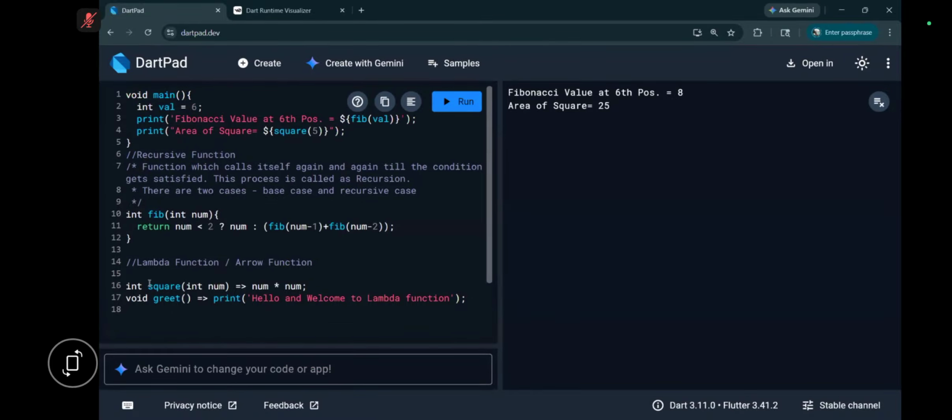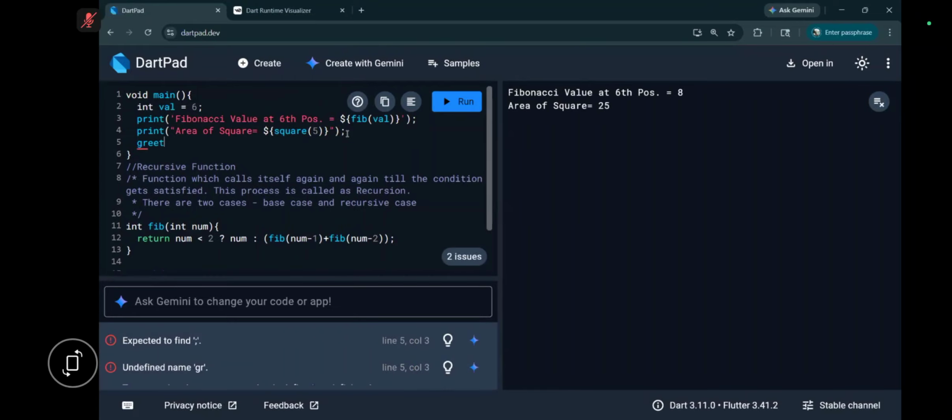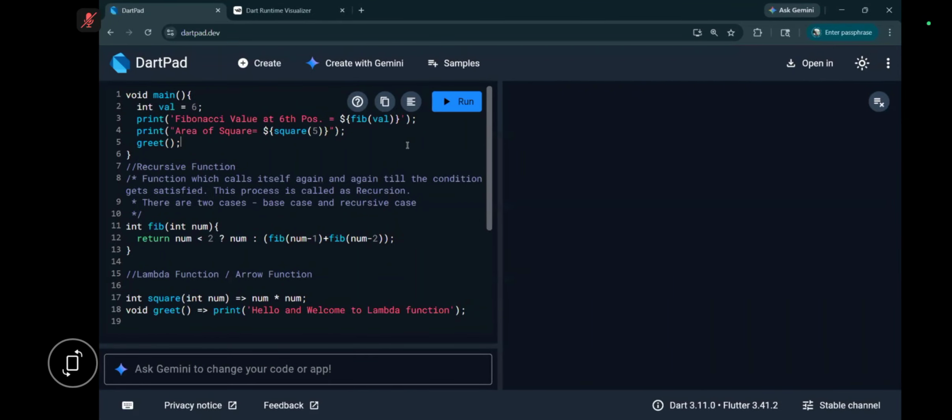Okay. So this is my return type and this is my method type. I just need to call it. Just call print. Automatically the function gets executed. That's all. Okay. Now if you have understood till here,